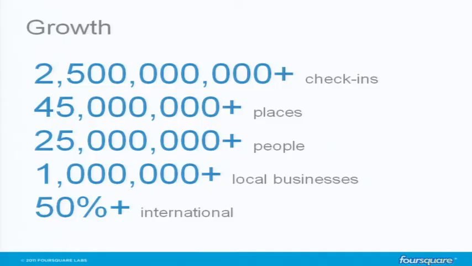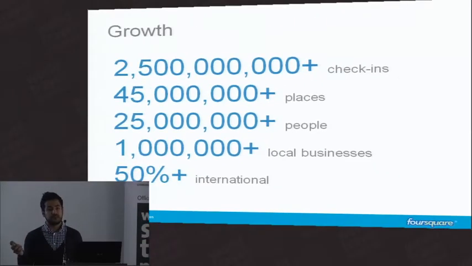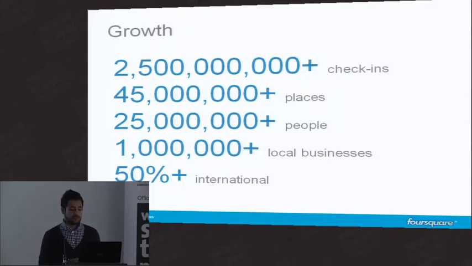I'll show you a couple high-level numbers. We have more than 2.5 billion check-ins on the platform. This powers the Explorer algorithm. This powers a lot of the data analysis that we're doing. We're a big data company now. We're not just some checking game or something like that a lot of people think. This data has a lot of value in it, and we're trying to mine that value and give it back to the users as well as our partners.